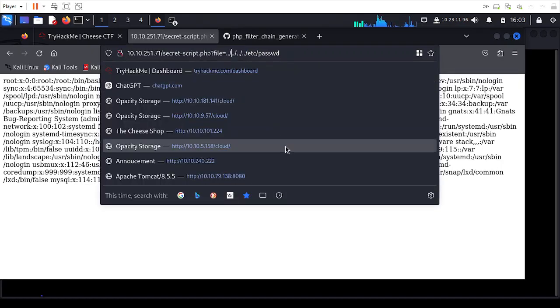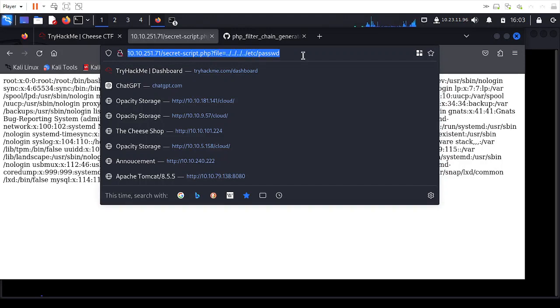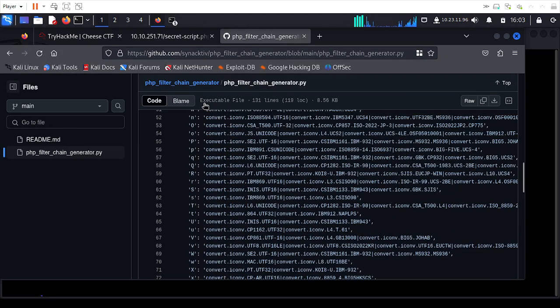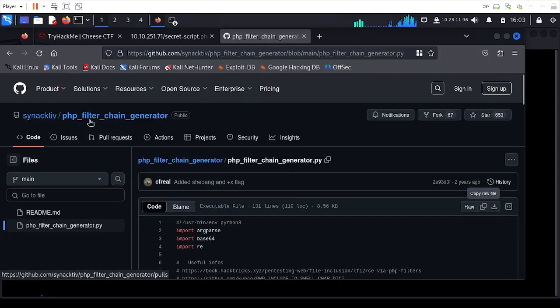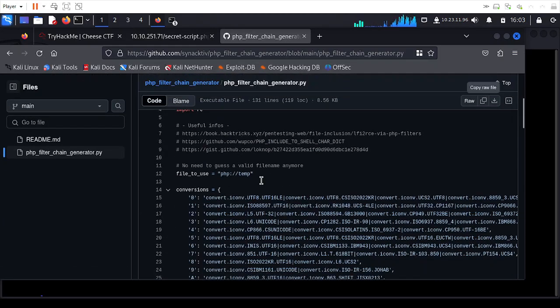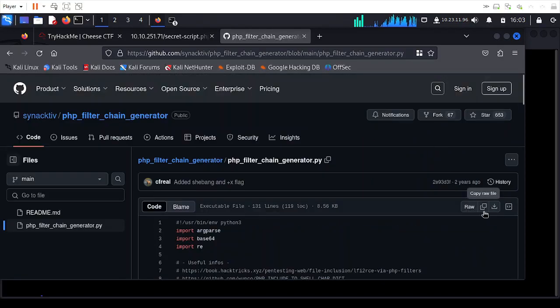What I'll do here, I found a Python script online to help generate a PHP filter payload, and this would allow us to leverage the LFI to execute arbitrary commands on the server. I'll leave the link in the description below, but let's just get to it. Actually, the script is here. Let me show you. It's on this repo by Synactive, this PHP filter generator. I'll leave the link down below in the description section. So just copy this